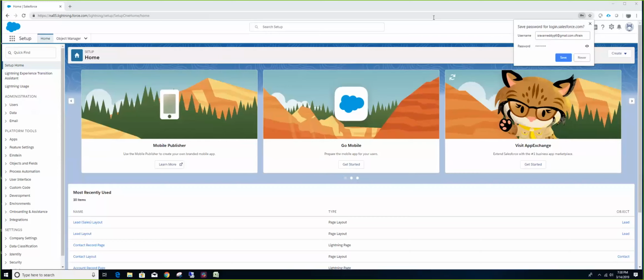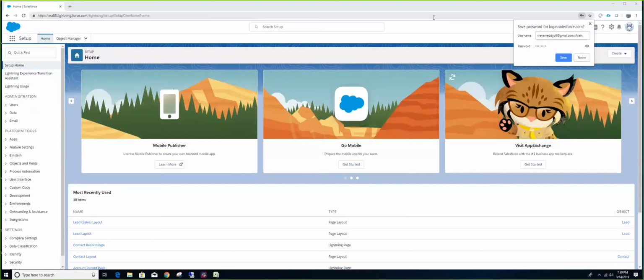Now, one thing we need to realize is the most important thing for record level security is the owner field, not the created by field or the last modified by field. The record can be created by anybody or last modified by anybody, but whatever value is in the owner field is most important to drive what the record level security is. So the owners will always have access to the record. Okay. Then the OWD. If the organization-wide default is public read write, everybody whose profile or permission set provides access to that object will be able to read and edit the records. But if the OWD is private, except the owner of the record, nobody will be able to access it.